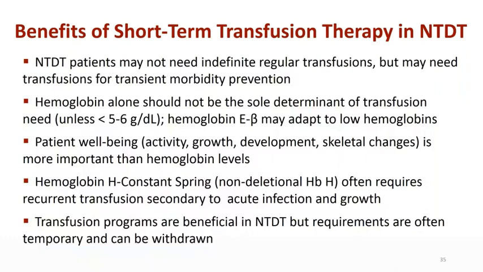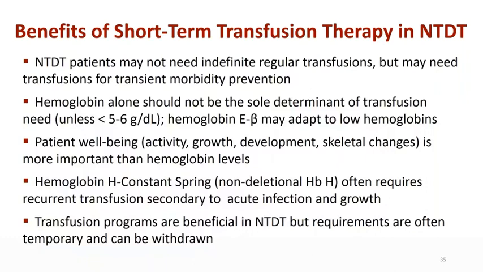And as Ash indicated, hemoglobin E-thal is an excellent example of this. By and large, with non-transfusion dependent patients, one needs to really interview and spend time to understand their well-being, their activity, their growth, their quality of life, the skeletal changes, and other factors that are influenced by hemoglobin. Some of these groups, such as hemoglobin H Constant Spring, a non-deletional H, often get recurrent transfusions during a rather non-serious infection, such as a virus that induces hemolysis, or during the period of growth.